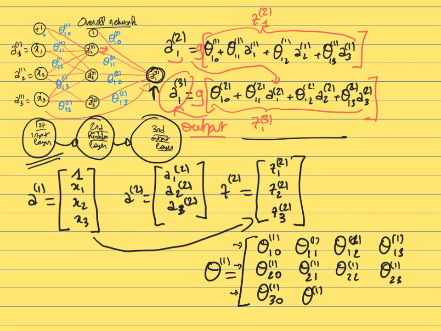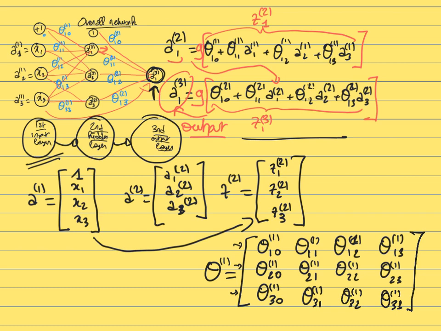And then the last line is going to be all the weights that are governing the connections between the neurons in layer number 1 and the third neuron in layer number 2. So this one is going to be theta 1, 3. Then we have theta 3, 2, and then theta 3, 3. Okay, so this is going to be a big matrix like this that contains the value of all the coefficients of the model between layer number 1 and layer number 2.